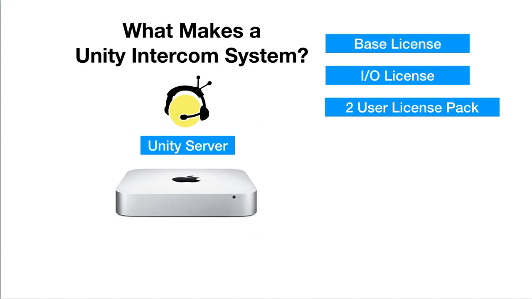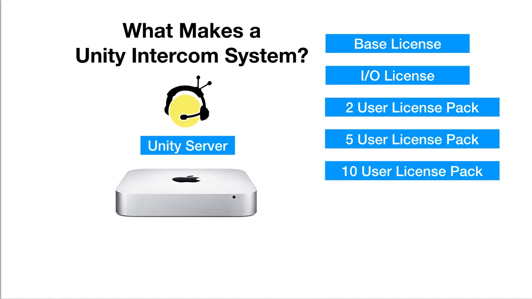Next, we're going to need user licenses, and we sell them in groups: 2, 5, and 10 user license packs. So for example, if you bought a base license, you bought the I/O, of course, and you bought a 10 user license pack, that would give you a total of 13 users. Because remember, 3 come with the base license. You're actually done potentially at this point. Remember, these are one-time purchases, not subscriptions. You have your I/O and you have a user pack. So with this right here, 13 people can log into my Unity Intercom system,